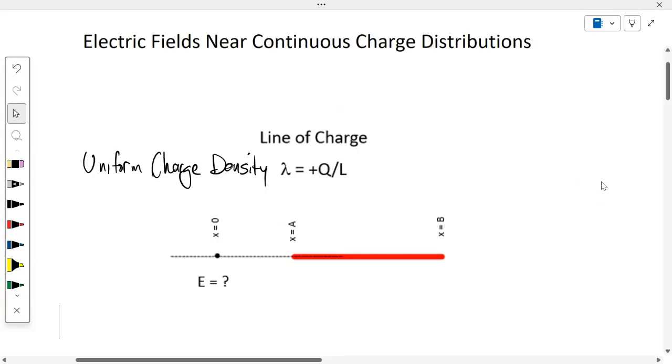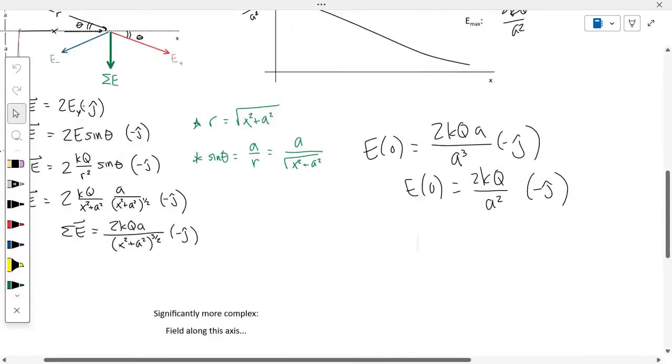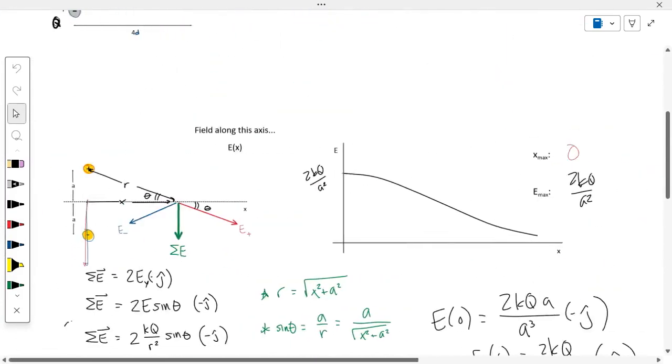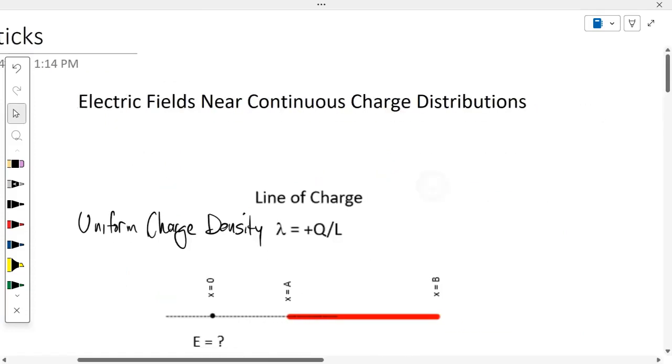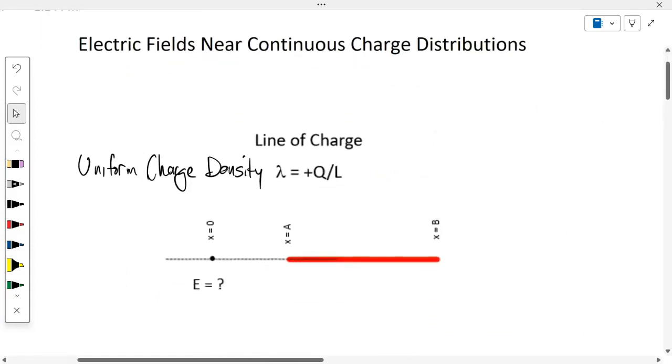We're moving from the electric field near discrete charges, which is to say, a few point charges. Here's the kind of stuff we've been doing: looking at electric fields made by two discrete charges. We're moving now to fields near continuous charge distributions, like this red line of charge, this uniformly charged stick